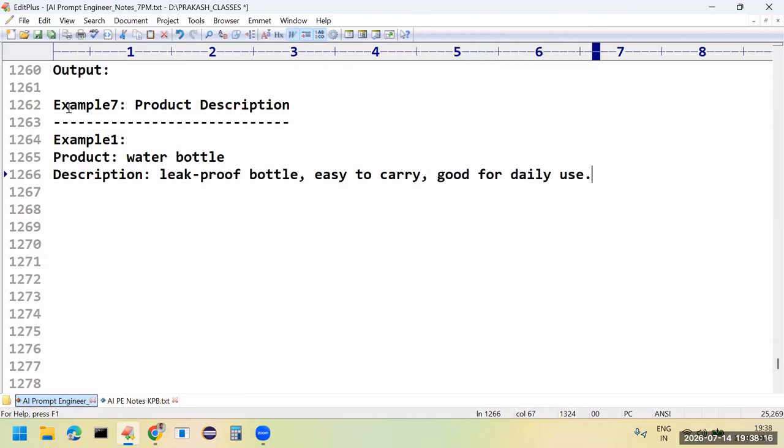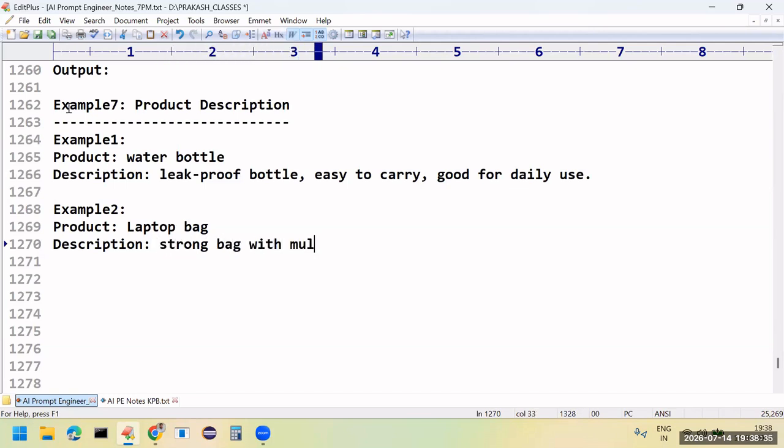Like this, I'm taking another example. In this case, the product is laptop bag. The description is a strong bag with multiple pockets. Suitable for office.